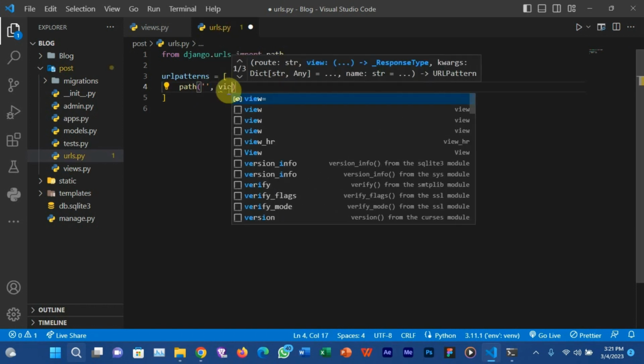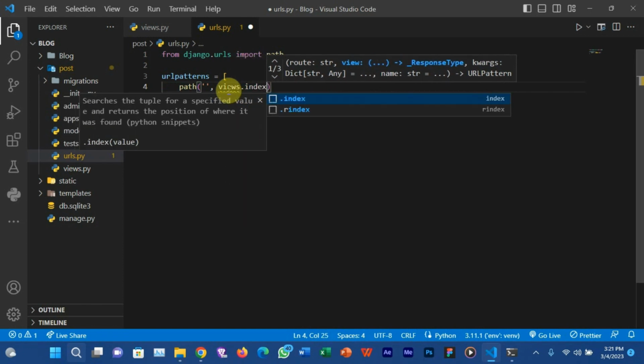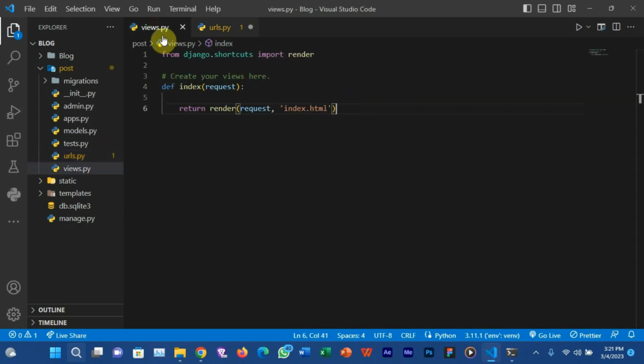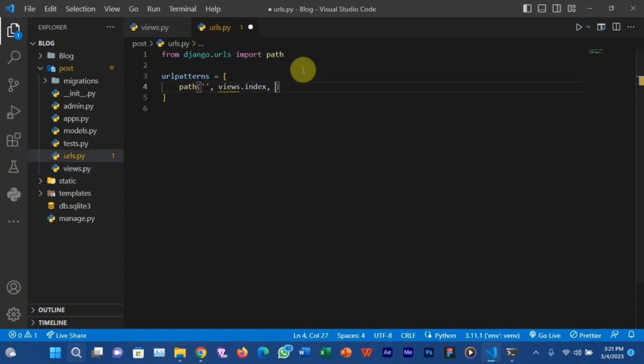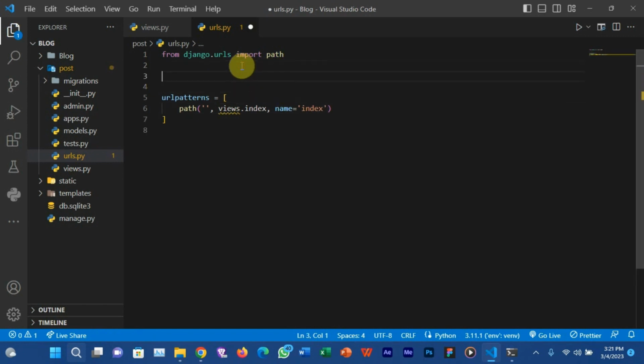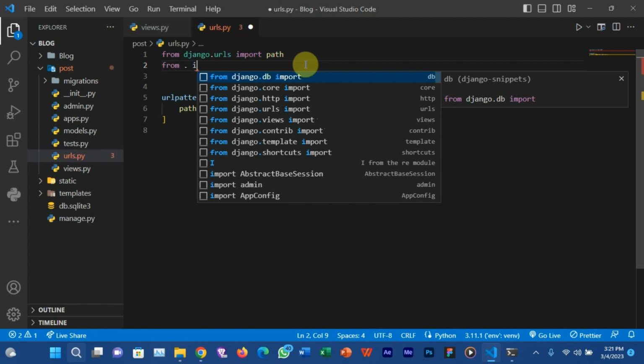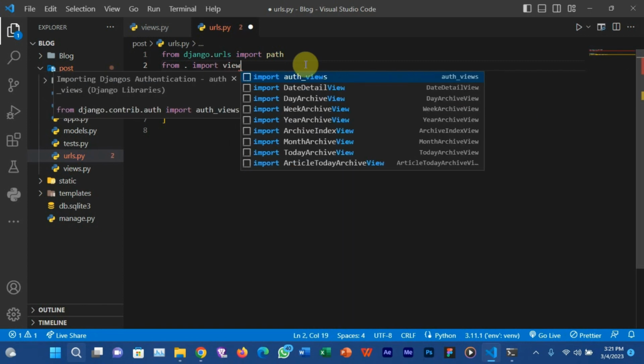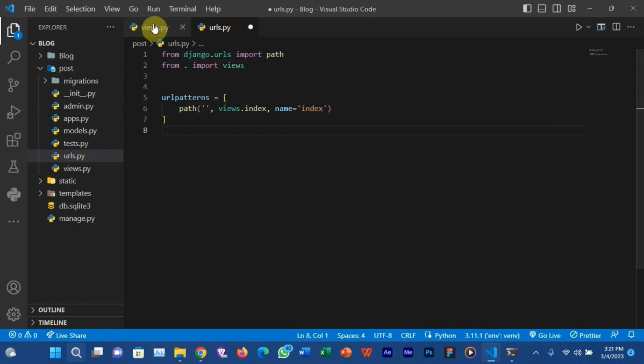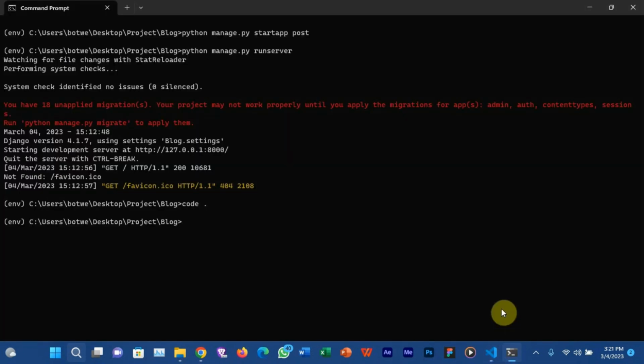And then views.index, which will call the index function inside our views here. And then name should be equal to index. You can choose to name it home page or something. You are getting this error because we haven't imported our views. So from . import views. This will import all the views you have inside your views.py file here. You can now run your server again.